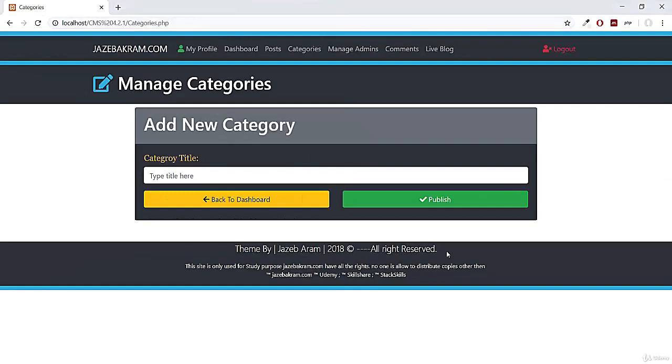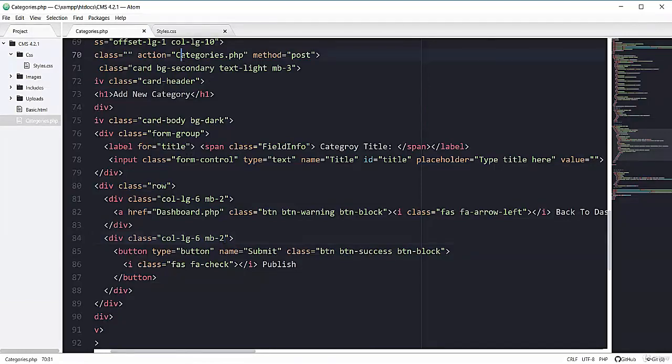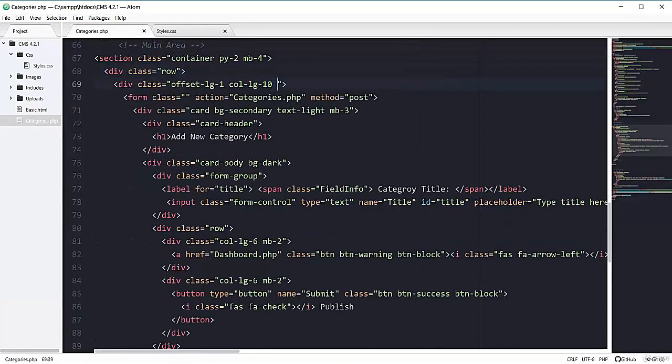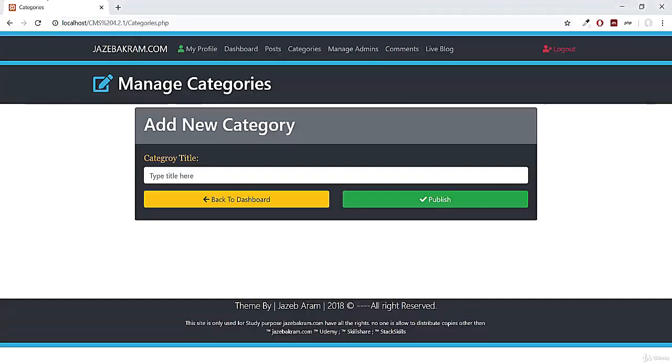So this will be all for the styling of our categories. Now one last thing before ending this designing lecture of categories.php, you can see our footer is kind of sticking here, which is not very good because we can see this white space from the bottom. So I will add minimum height to this main area so that our footer will stick all the time at the bottom side. So right in this div of col-lg-10, I will add some minimum height, 400px. So if I save this one and now refresh my page, you can see this one here.